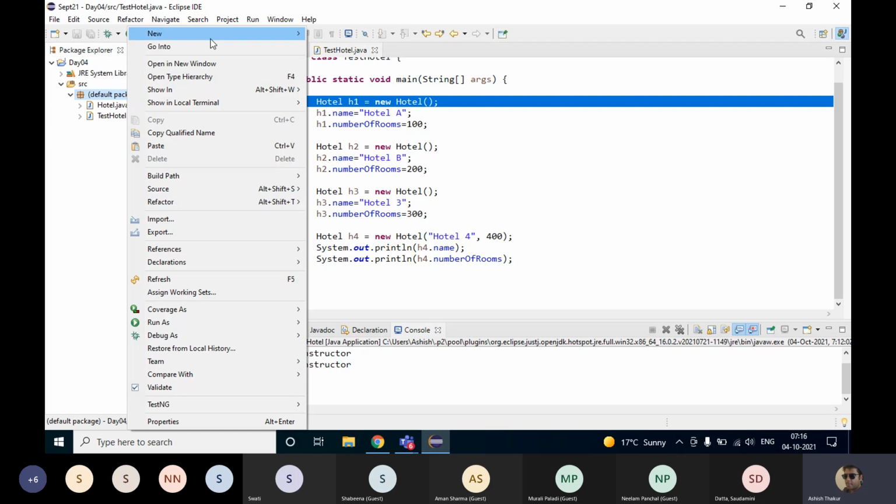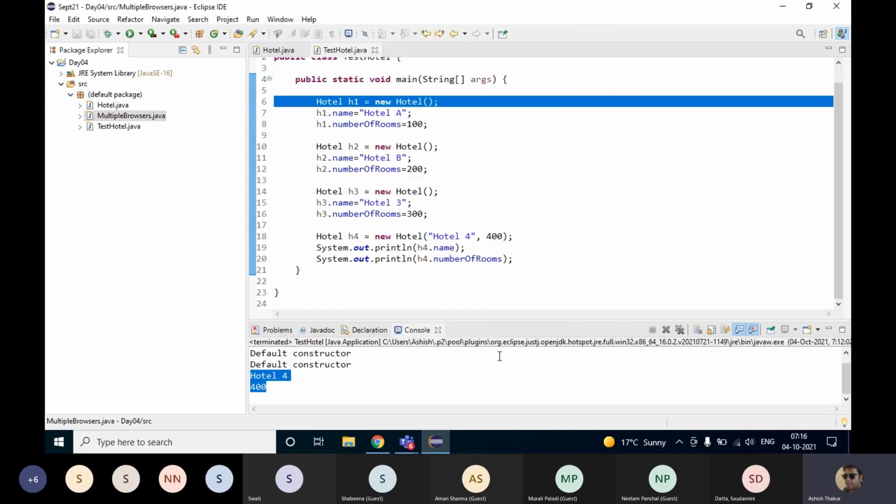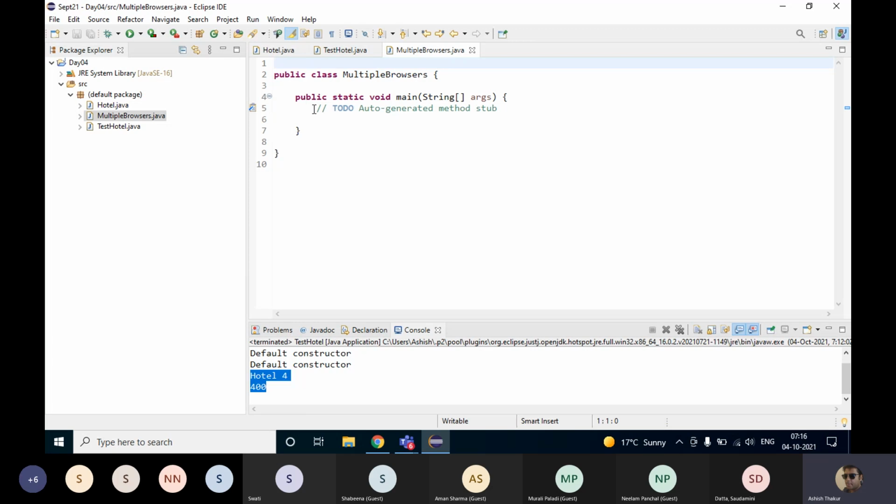All right. That day I do not have the code with me. I'll just write the code for multiple browsers. That day we had written a code something like this. We can write driver equals null, and we can decide the browser as Firefox.